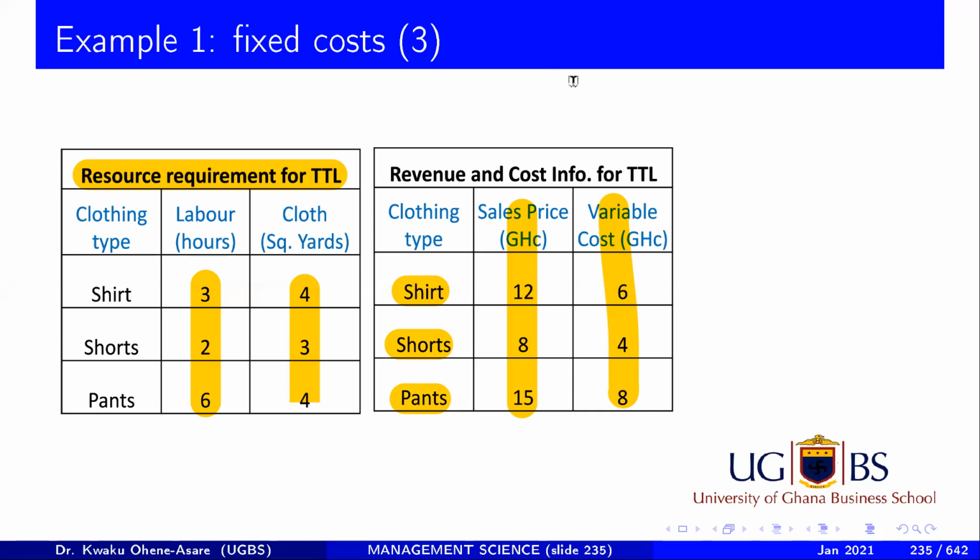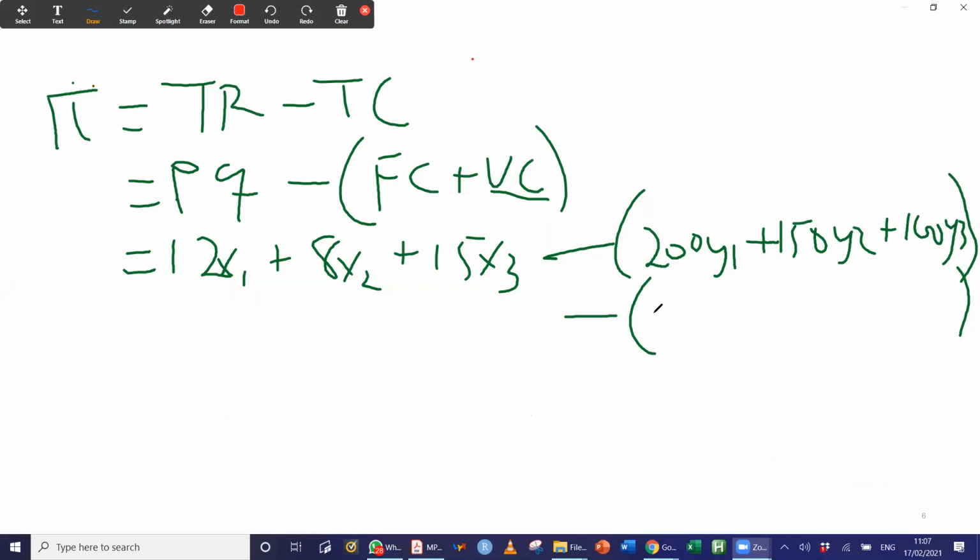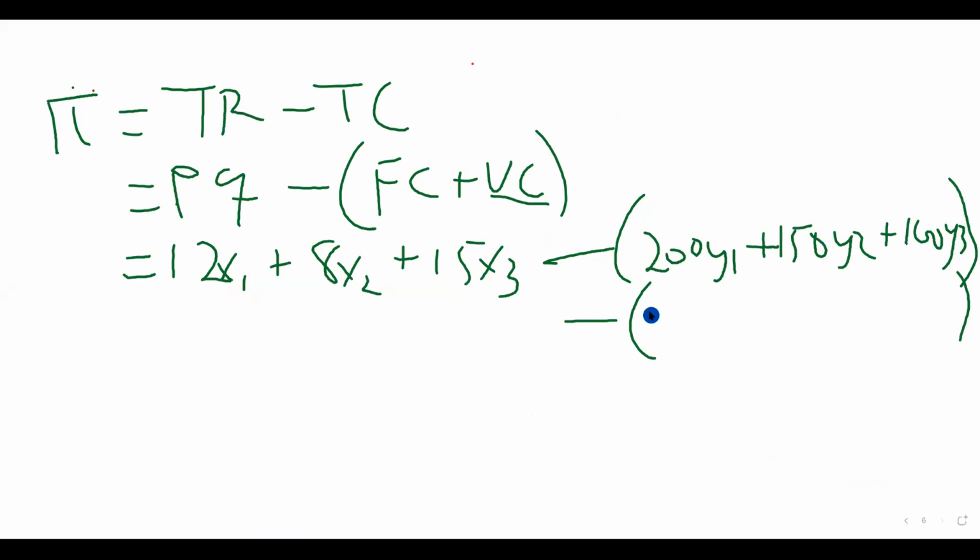So we are still on the baby stage. Now let's write our variable costs: 6x1, which is the shirt, 4x2, which is the short, and then 8x3, which is the pants. On the basis of that, we can now put it all together and write our profit function, or the Z